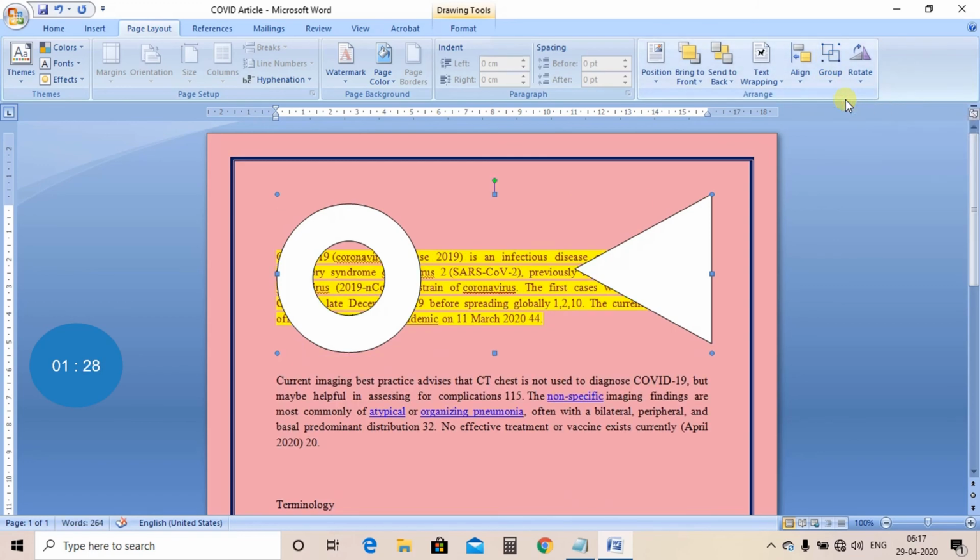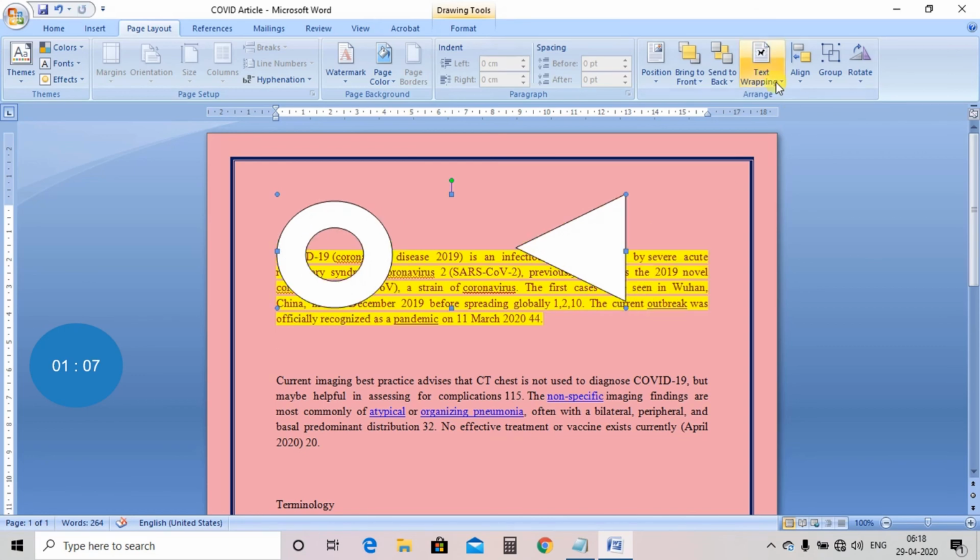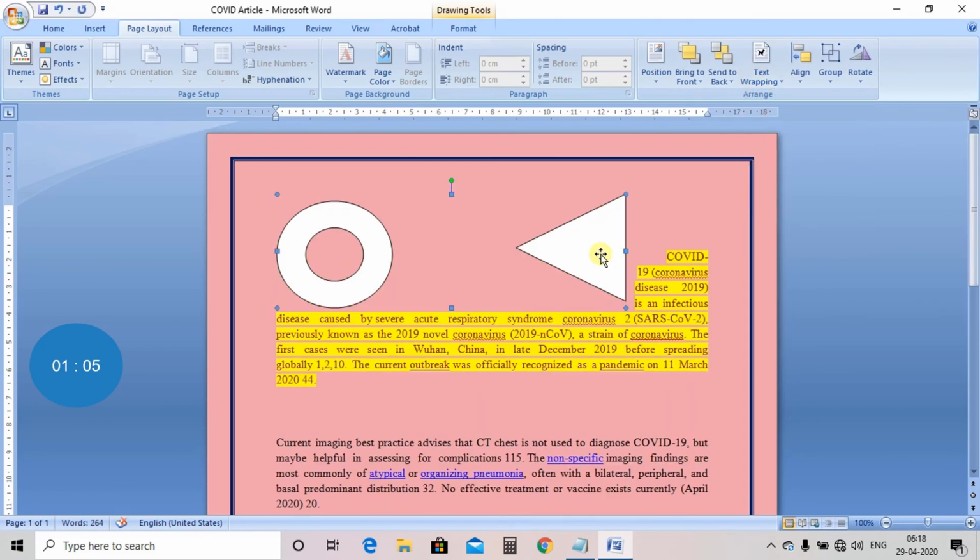Now what is the benefit of selecting the shapes as a group? It means now when I select this circular shape, it will not get selected individually, but both the shapes will get selected as a group. So if I increase or decrease the size, both the shapes' size will get reduced at once. Text wrapping square, so it will behave like a single image.